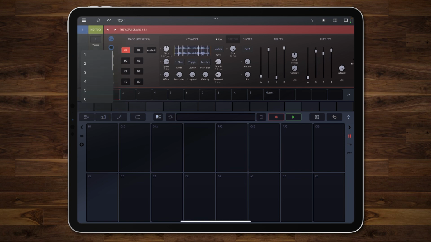So first thing I want to do is I want to go ahead and let's just change this to 8 voices so that they don't clip each other as they play. They kind of overlap and blend together. And what I'm going to do as well is I'm going to set this to 1/16, and let's just play that. Okay, that's a little bit slow, so let's go to 1/8. Okay, that pacing feels good. And what I'm going to do is I'm just going to drop C2 here. And so if I play,